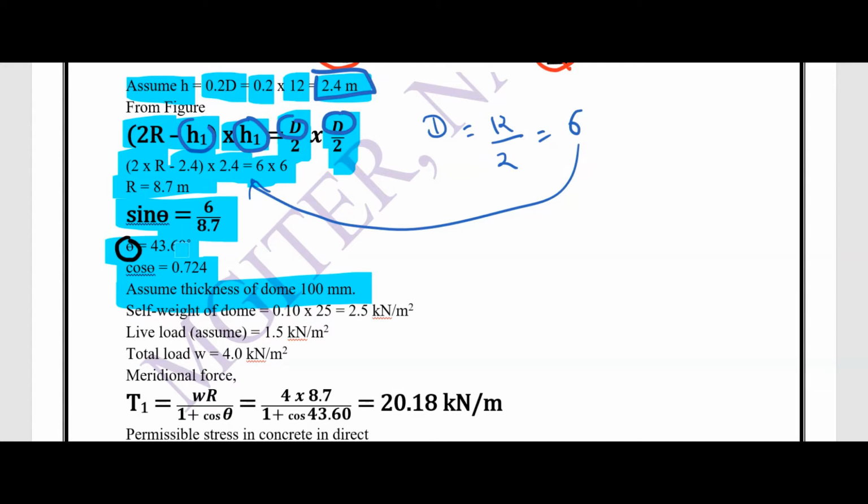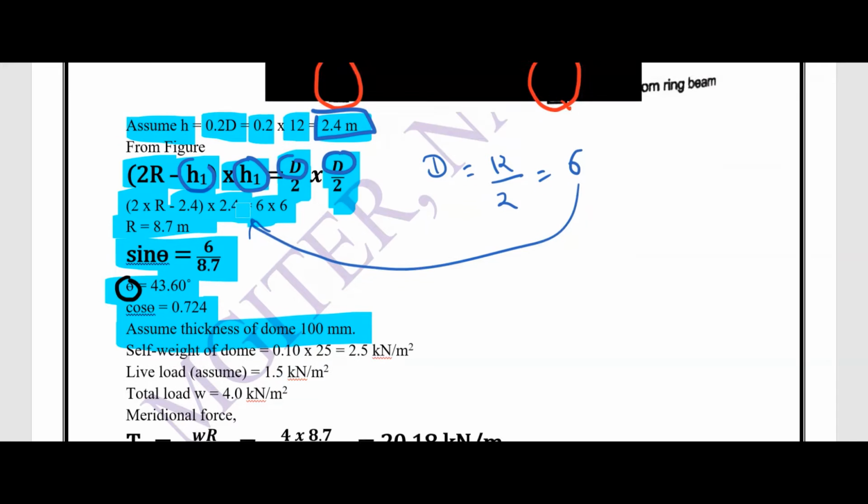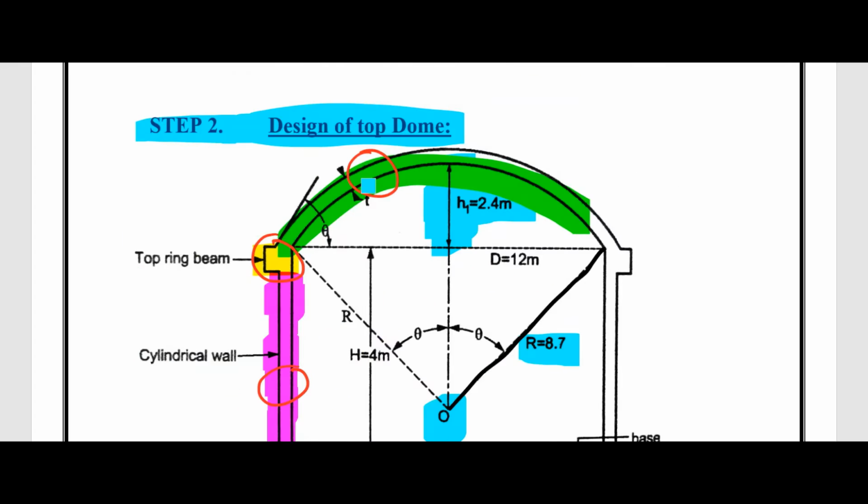So right now we found a theta value here. Theta means angle. Which angle? Here, the angle in between a perpendicular line of total height as well as R. And this theta is required. Why? Because this theta is same as this theta, and this theta represents the angle between the dome and this straight line. So this angle can be used to calculate hoop tension.